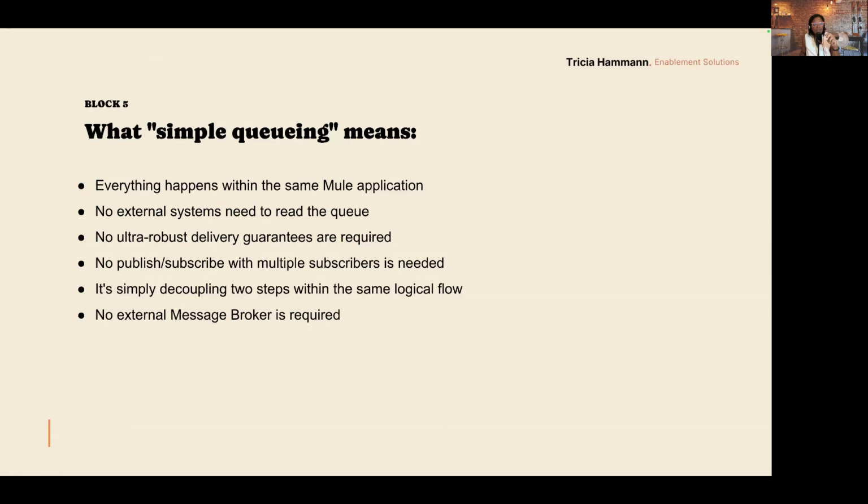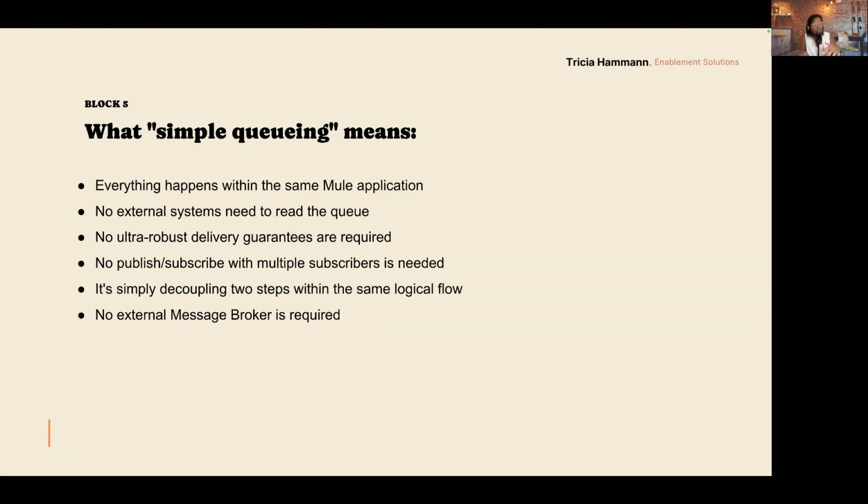Then let us check what simple queuing means. As I said, when you start reading about the VM connector, this term is going to appear very often. When we hear simple queuing, I want you to remember that everything will happen within the same Mule application.